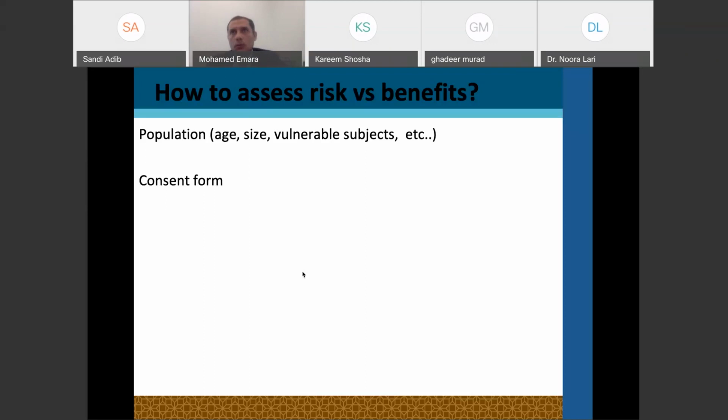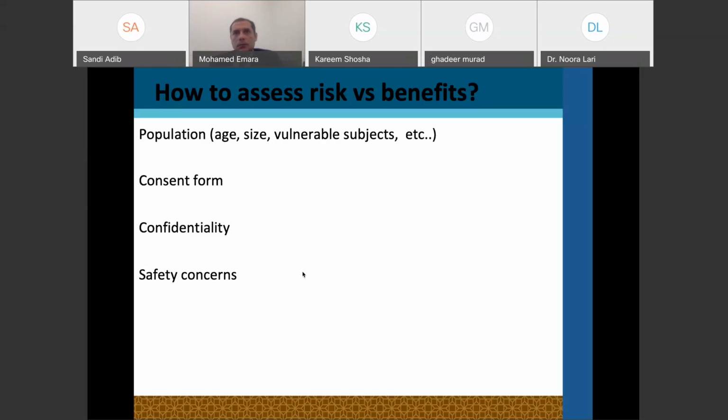We look also at the consent form, how it's written, and how much information you are giving to this human subject, and clarity about what's going to happen. And I'm going to give you an example for that now. Confidentiality is very important. This human subject has to make sure that his data and what you're going to do with him is not available for everyone to know. He needs to make sure that it's confidential information. Safety concerns: is it safe or not?